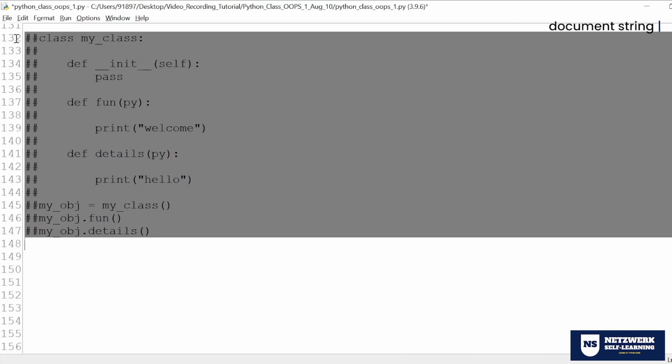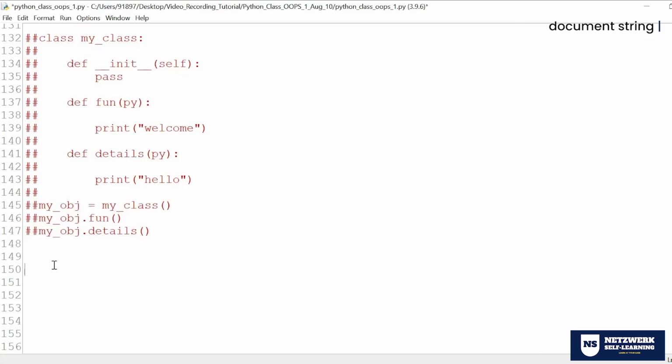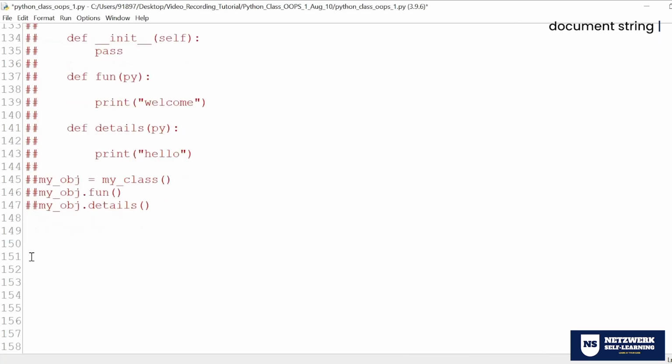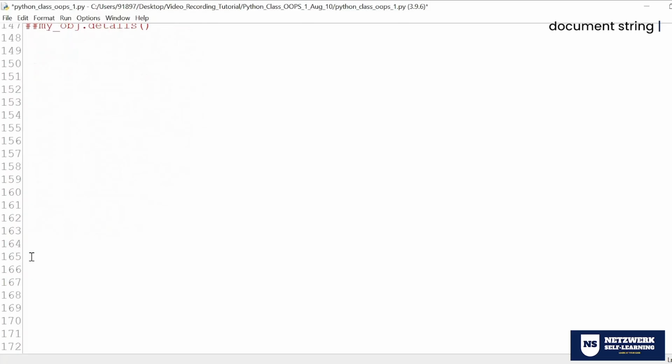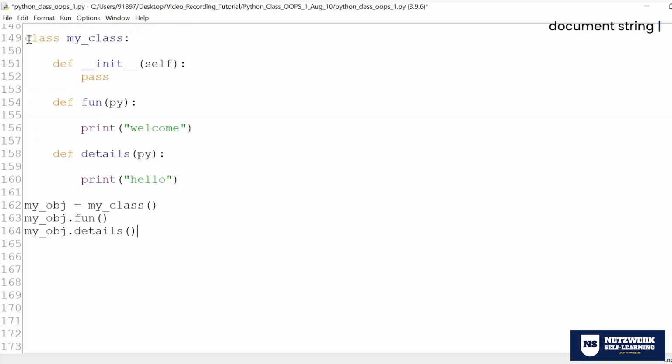All right. Now let us discuss a few things that I want you to always follow whenever you write a class. Imagine we have used a lot of functions till now: insert, delete, append, pop, items. Do you know how the functions are defined inside Python? Definitely not. The same thing can happen to you as well.